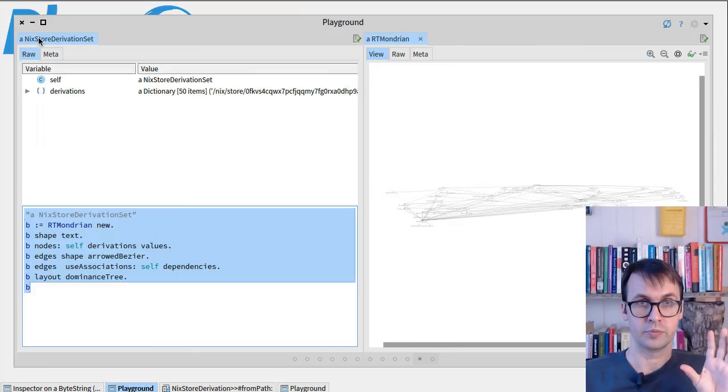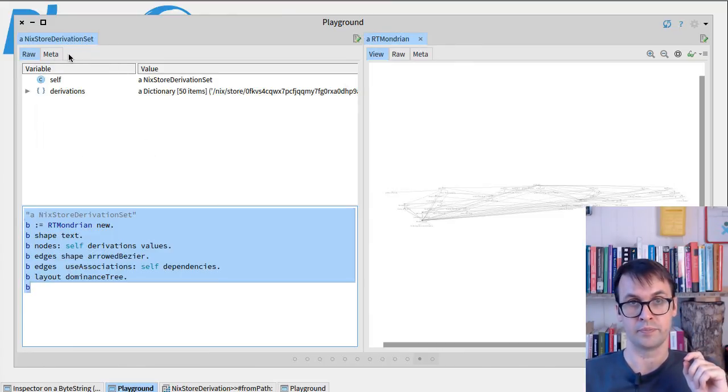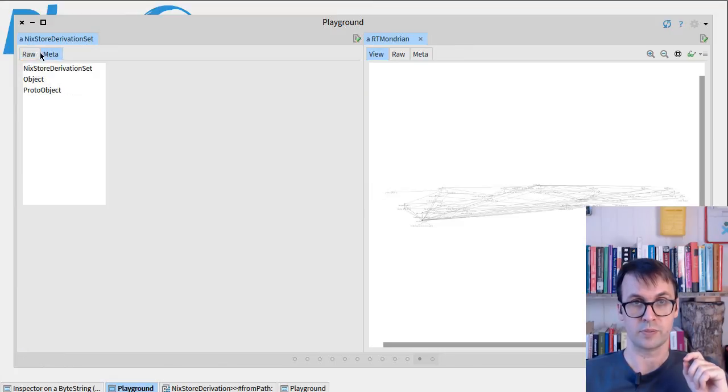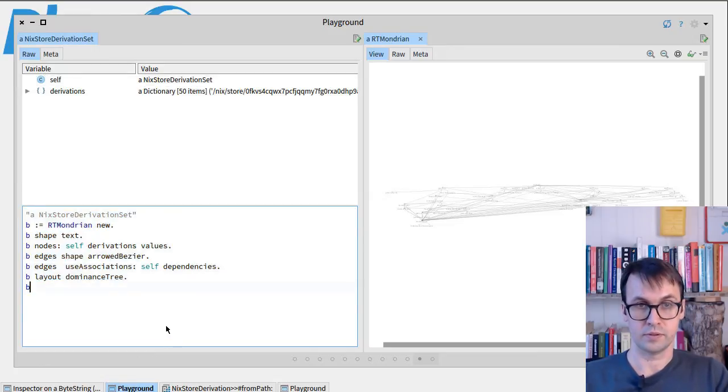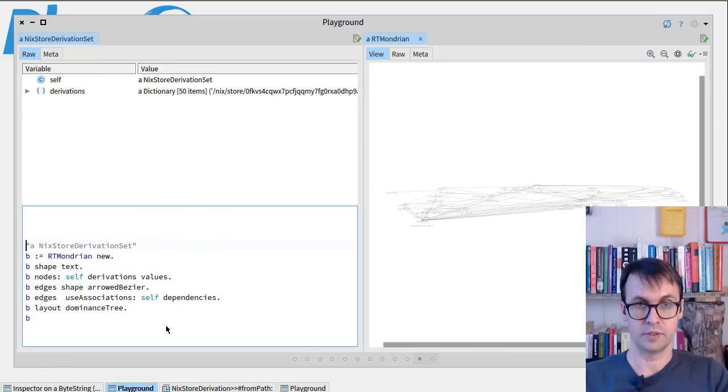We have an object of class Nix store derivation set, representing a set of derivations and their dependencies, and we're going to extend this inspector. We're just going to add a tab right here. So now we've got a couple of ways to inspect this object as a Smalltalk object, but we're going to add a way to see the Nix level information. We don't really need any of that, but we'll keep it there for the moment. If we browse the code for this object,